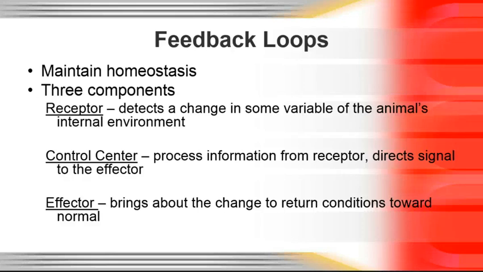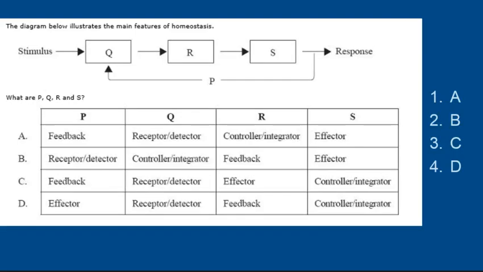Now, there are some feedback loops that don't actually have the control center portion of it that processes information. Those are direct feedback loops. We're not actually going to talk about those. But anyway, these get more complicated. That's the simplest, where you just have the receptor and then an effector. Then you have the receptor, control center, effector, and then you've got some that are even more complex. But we're going to just kind of keep it simple.